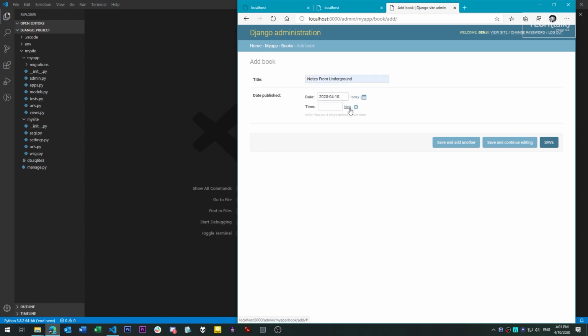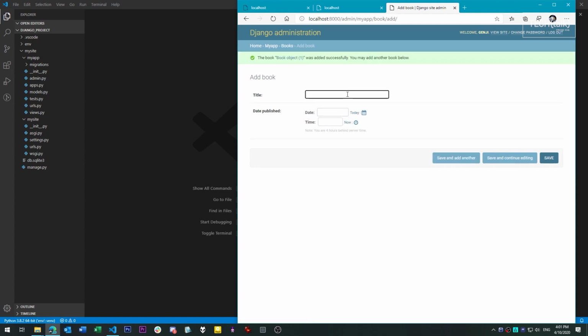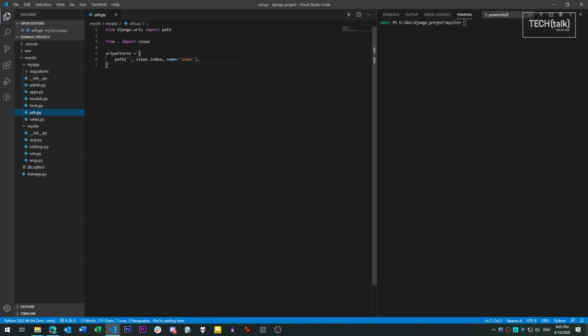Once we've added a few records, we can now change our application to use data from the database in an interactive way. First, we're going to add a route that takes in some data by way of the URL, in this case the ID of a book that we want to look for. Then we're going to look up the book in question and return its details in a web page.